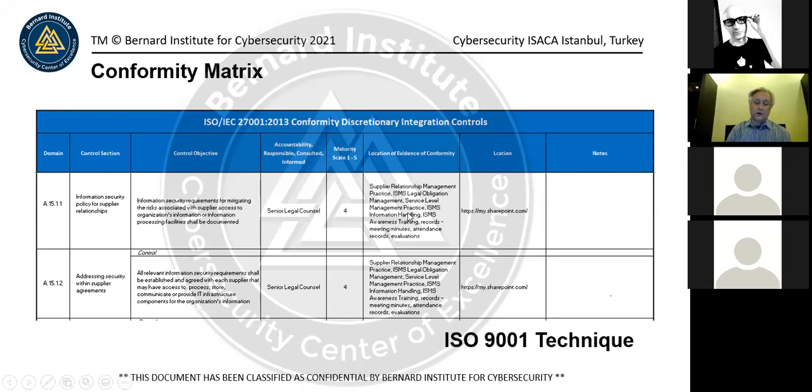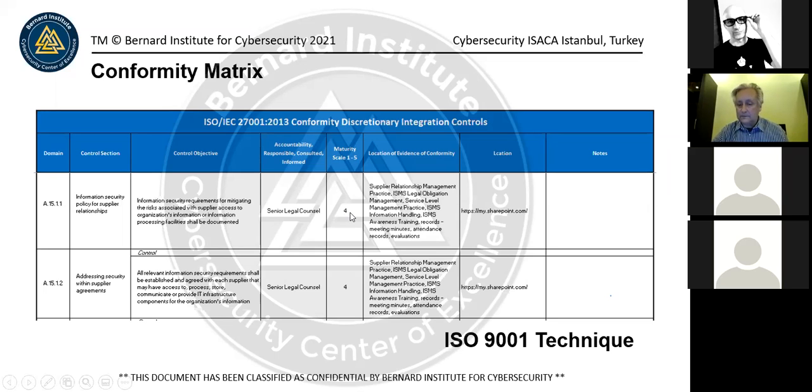You can have more than one piece of evidence that substantiates the fact that you're doing this process. So for instance, information security policy for supplier relationships is created, and the control objective is information security requirements for the mitigation of risks associated with supplier services or supplier access to organizations' information or information processing facilities shall be documented. Okay, the person who's responsible in this case is the legal counsel. Not sure if that's the right person, but